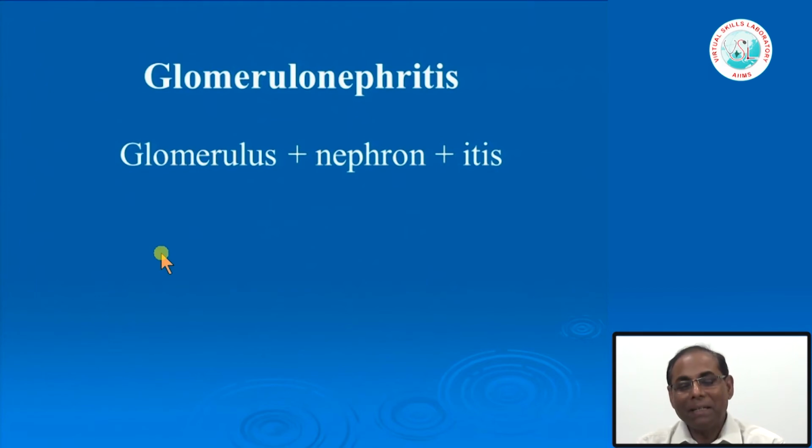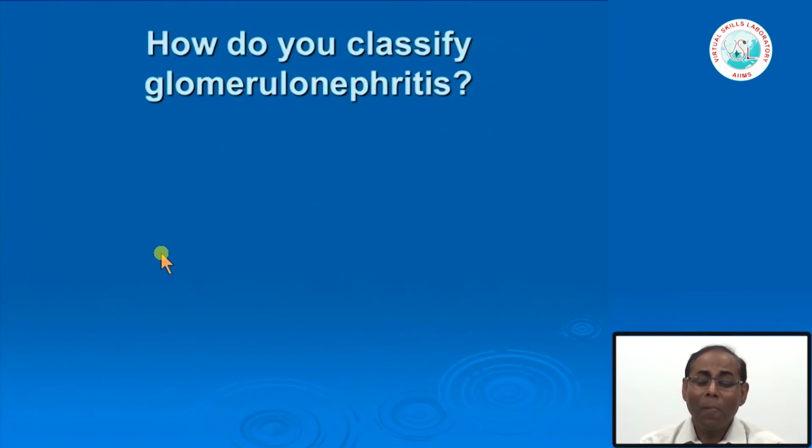Technically, this term was coined long back, I think in the 18th century. That's why this term today is a misnomer, because we know that in several glomerular diseases there is no inflammatory component, at least no known inflammatory component. So though it is a standard terminology we are using, there may not be an inflammatory etiology in all these diseases which come under glomerulonephritis. That should be a clear-cut understanding. The better term to use is glomerulopathy. But anyway, we don't go into the controversy, so we will maintain the terminology as glomerulonephritis.